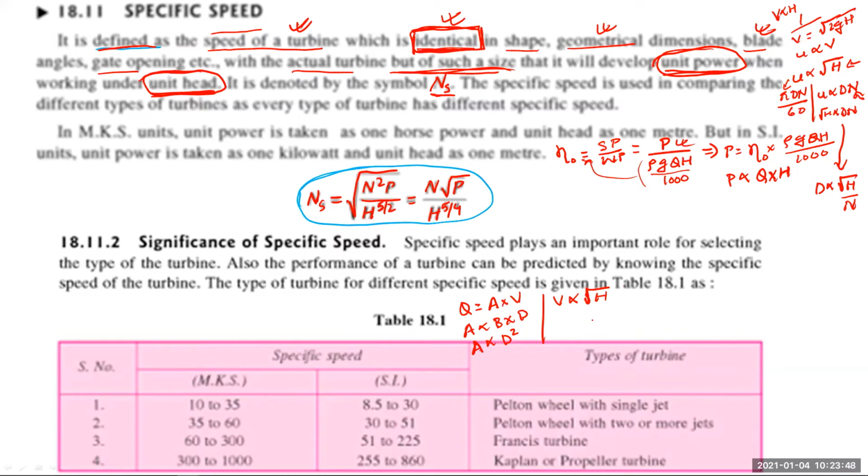So for Q, can we write Q is directly proportional to area. For area, we are getting D square. And for velocity, we got root under H. So for Q, we get D square into root H. And if you see for D, what we have obtained here